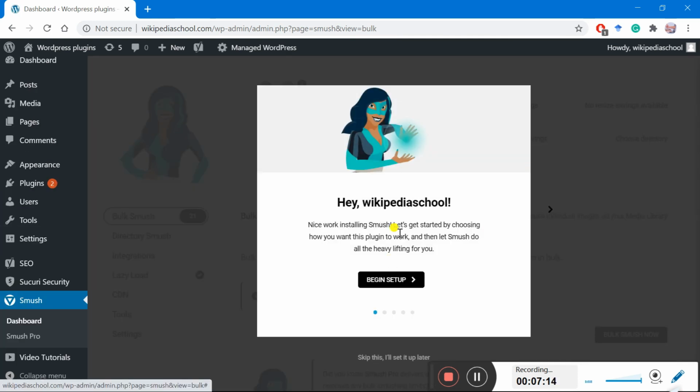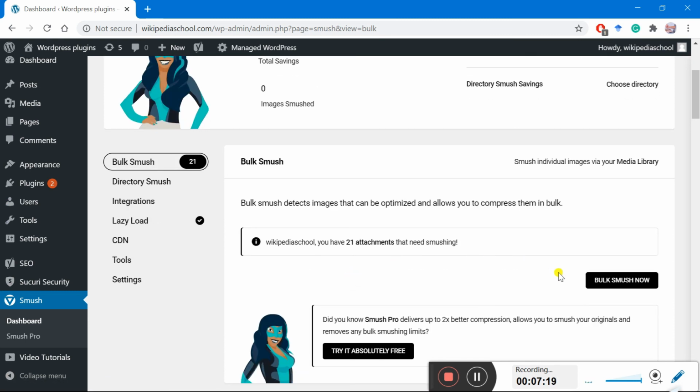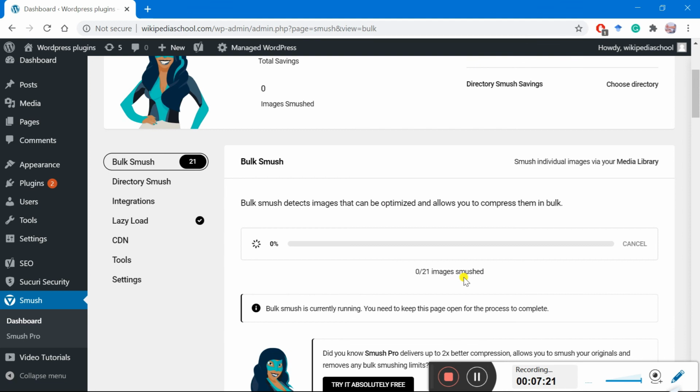So let us come back towards the bulk smush. This is the dashboard. Now you will see there are 21 attachments that need to be smushed. So click here, bulk smush. Now it will automatically start detecting the images and then smush them.